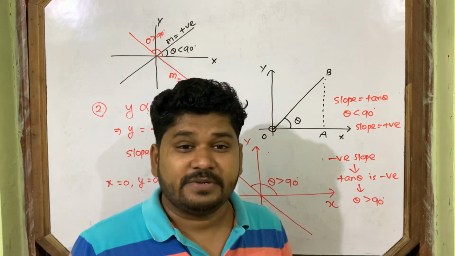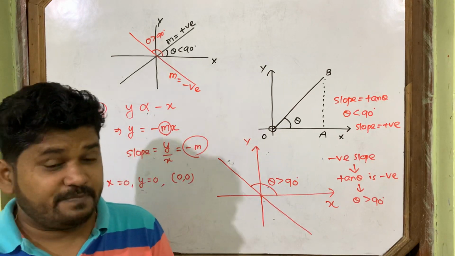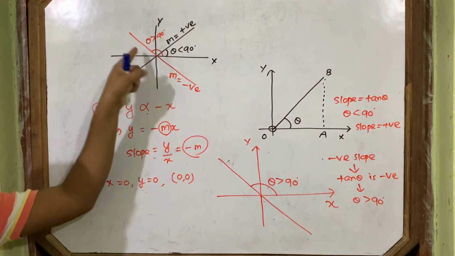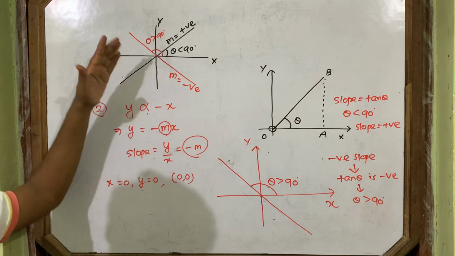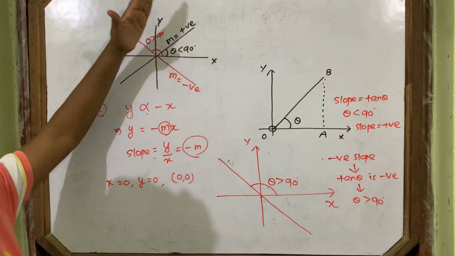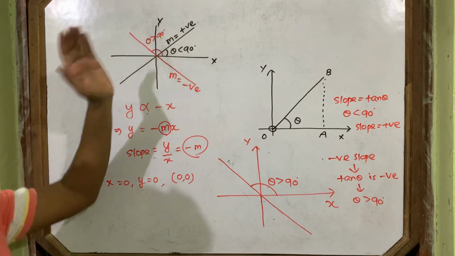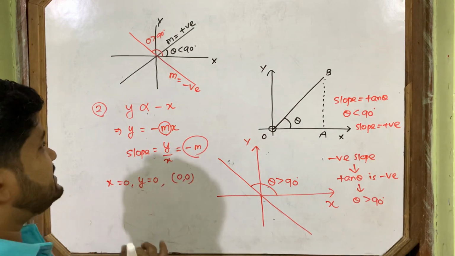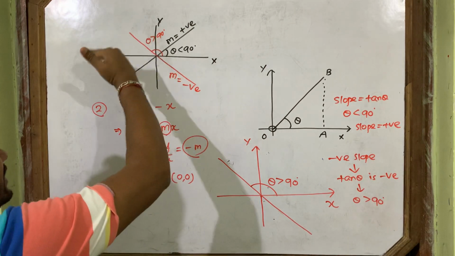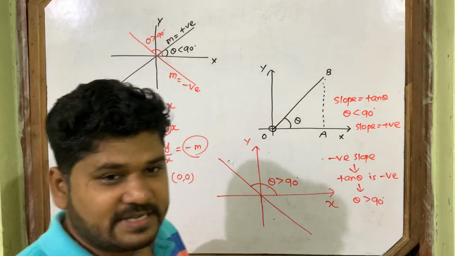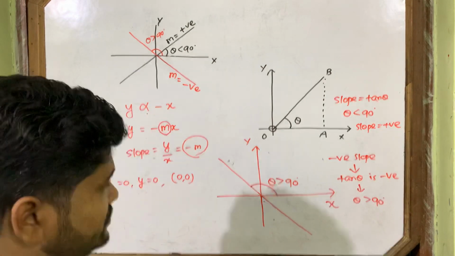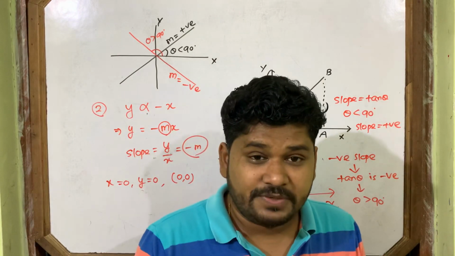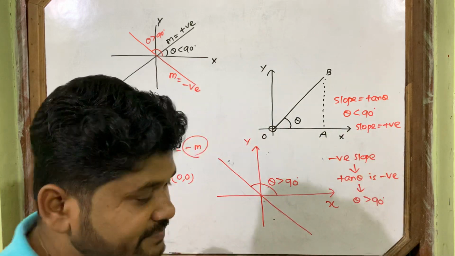This is the directly proportional graph which must pass through the origin. Slope positive and slope negative. If slope is positive, the graph leans like this. It leans towards the x-axis. But if the graph slope is negative, then the graph is like this. Then it turns towards the negative x-axis. So this is about the directly proportional graph with a positive slope and negative slope.